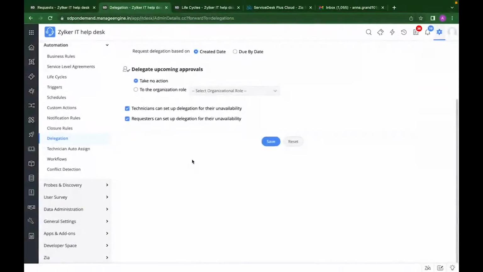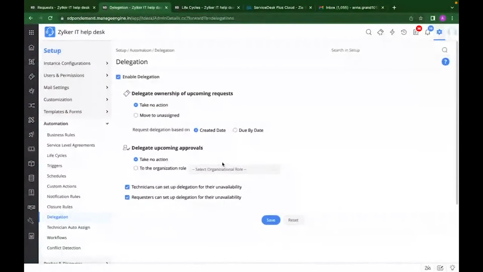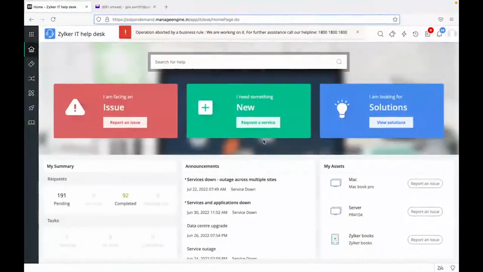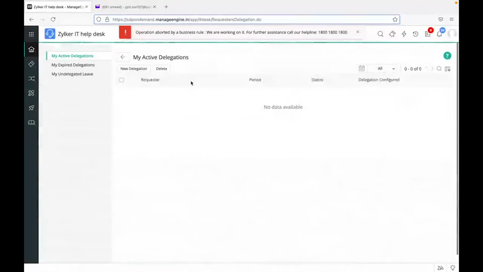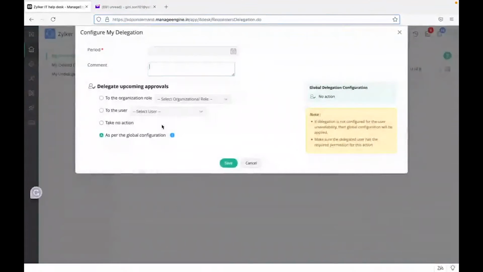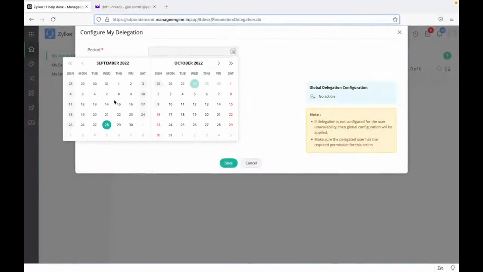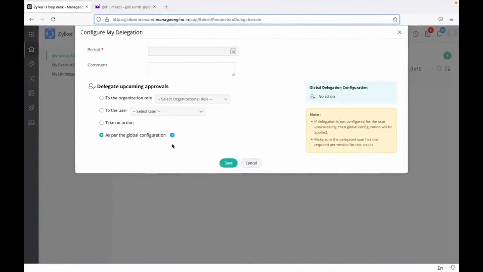And with Service Desk Plus, all the stakeholders like technicians and requesters can set up delegations in case they are unavailable. So far we have seen how technicians can arrange backup technicians for themselves, right? So let's see how the end users can do that. So right now I'm in the self-service portal, and by going to the quick actions tab and clicking on delegations, you can again go to new delegations. So here I can mark the period of my absence, and I can delegate all the upcoming approvals of this end user to specific organizational roles, to different users, or I can also choose to go as per the global